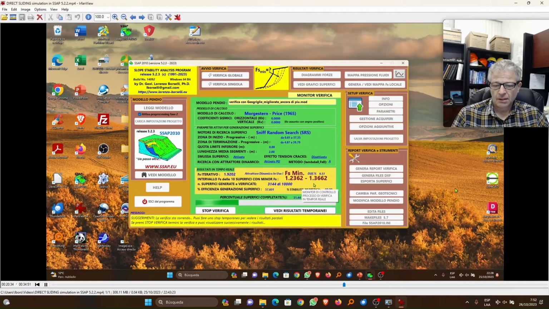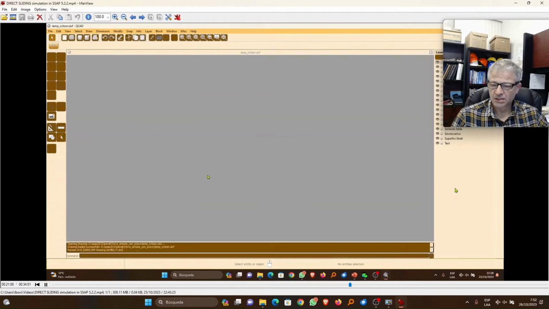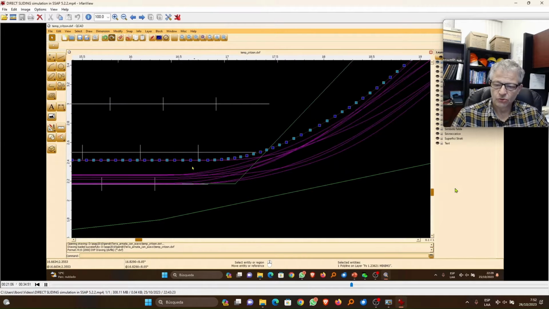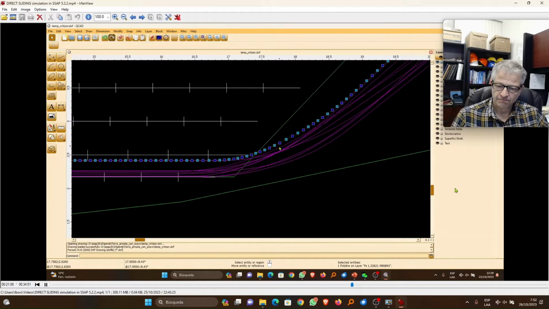During the time that we view the graphs, the temporary results, of course, the software continuously runs and doesn't interrupt the verification. So we have the possibility to generate a concurrent process. For example, we can evaluate the progressive evolution of the results. We can see that we have